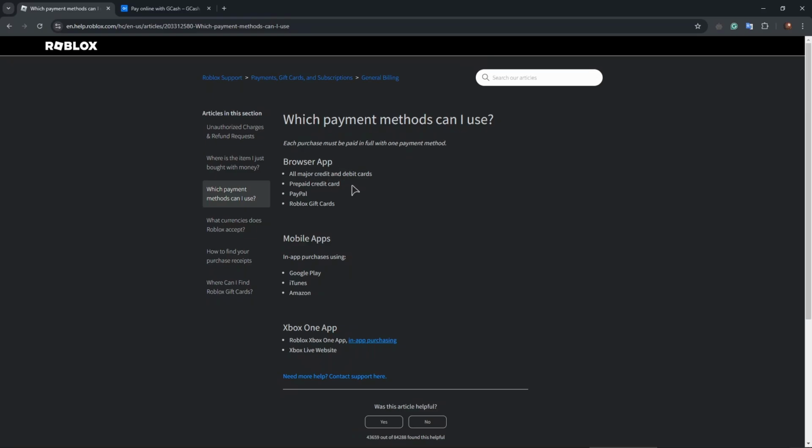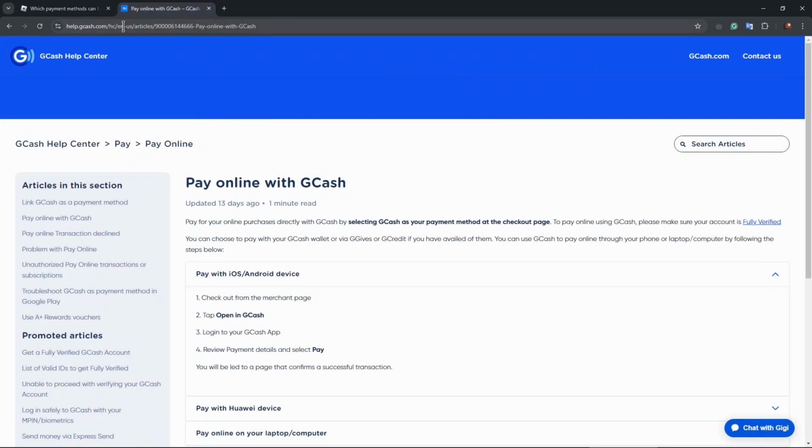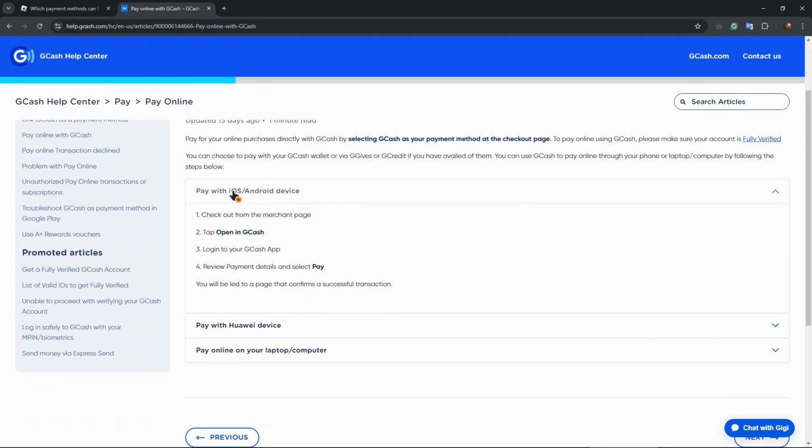So you can just add your credit card into your account in Google Play Store. For example, here's our Google Play, also iTunes and Amazon. So you're just adding in the same way your GCash balance into your Play Store. So going into the help page of this GCash website, as you can see on Android device or iOS, basically